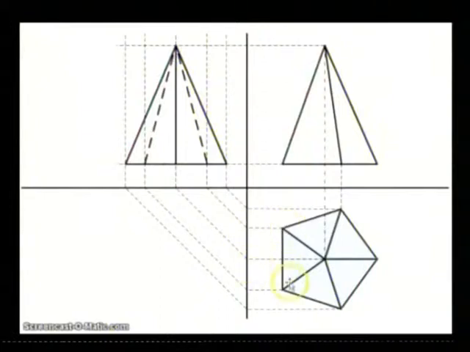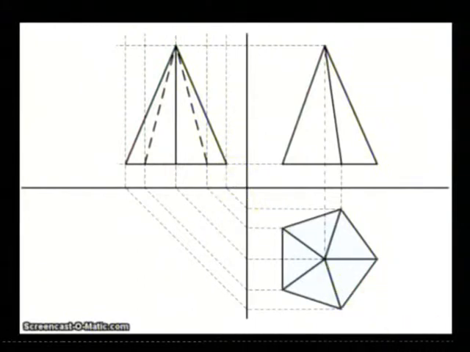So once you extend all these lines, the second, third, fourth, fifth, when you extend here and then make it 45 degree, you extend all the 5 lines here and then you draw vertical lines here. This one will help you to give the height of the pentagon pyramid. Once you have that, you can draw this shape which shows the side view of the pentagon pyramid. Okay, so that's the first part of the problem.